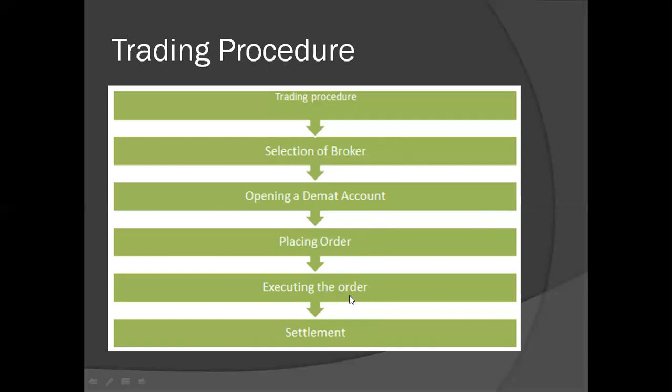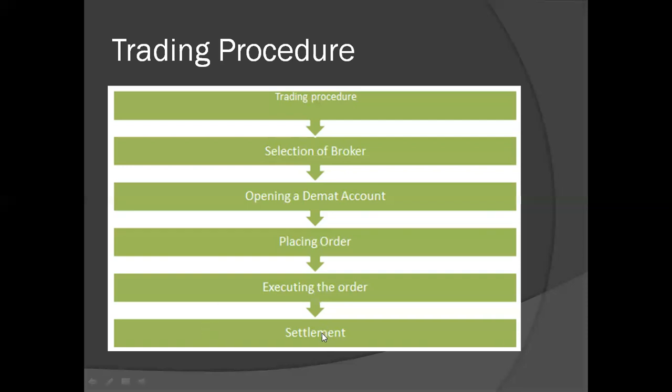On receiving a buy or sell order, the broker will feed the same on his terminal. Once the order is executed, the broker will inform you and send a contract note. A contract note is a very, very important documentary evidence of the transaction. It contains the name of the company whose shares you have bought, the number of shares you have bought, price, date, and time of transaction. This the investor has to preserve for tax and other purposes.